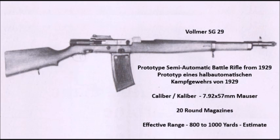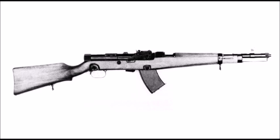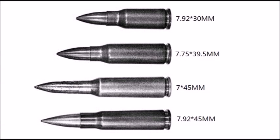This weapon system was rejected, and later on in the early 1930s, Vollmer began work on a Maschinenkarabiner, or a fully automatic carbine. The first prototype was unveiled in 1934-1935, and this weapons project was co-developed with a man named Gustav Genscher. Gustav Genscher developed the experimental cartridge that this weapon used, the 7.75-40.5mm GECO cartridge. He also developed a second version known as the 7.75-39.5mm GECO, and these were two experimental intermediate cartridges that were developed for the first two prototypes of the Vollmer